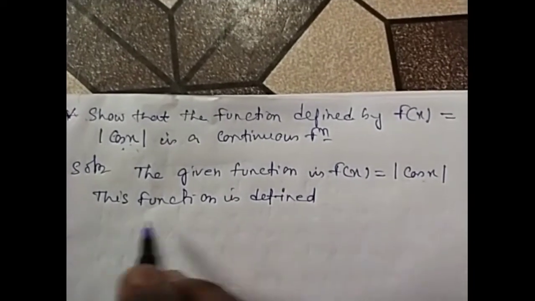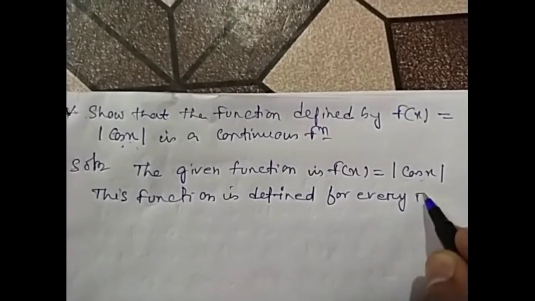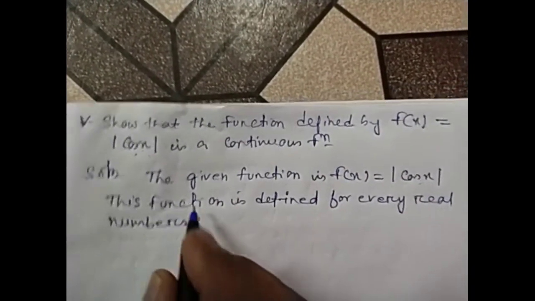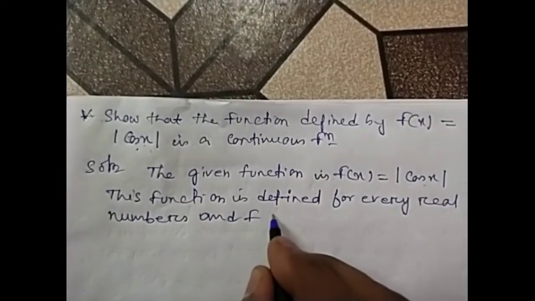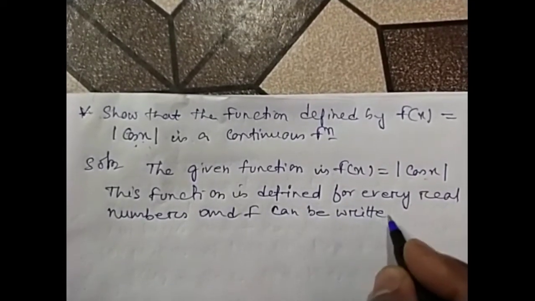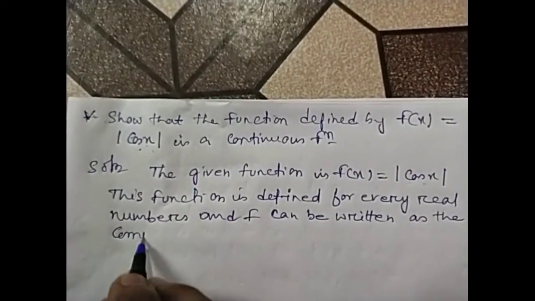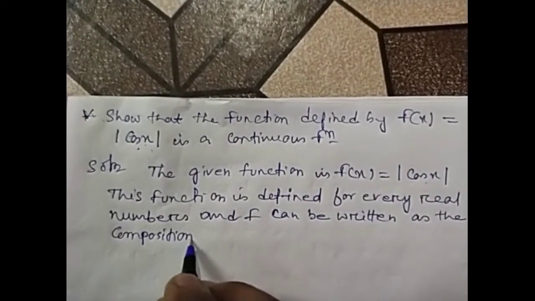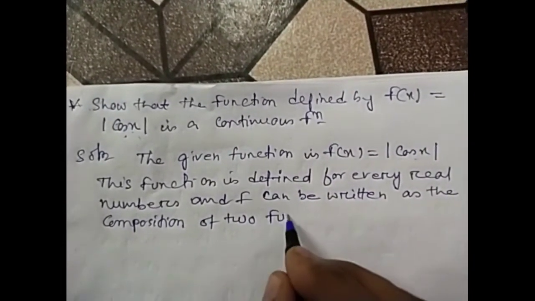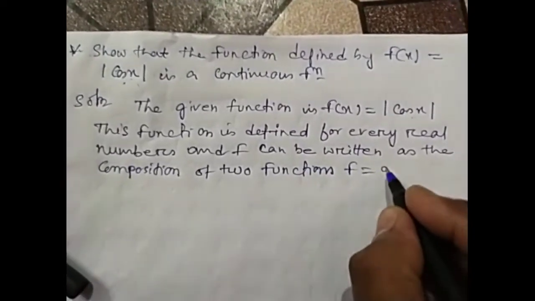So this function is defined for every real number, and f can be written as the composition of two functions, f equal g o h,